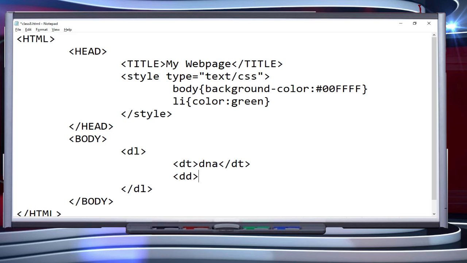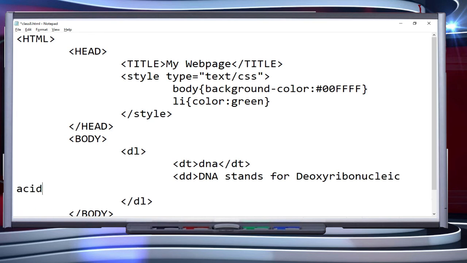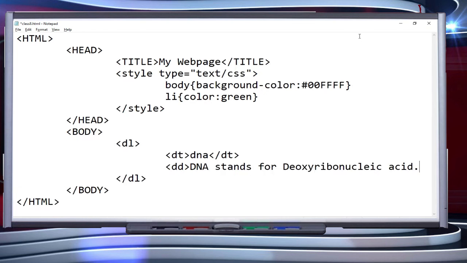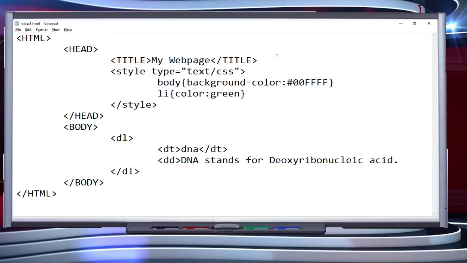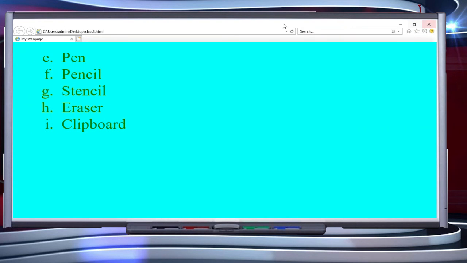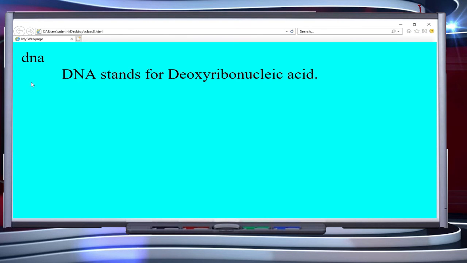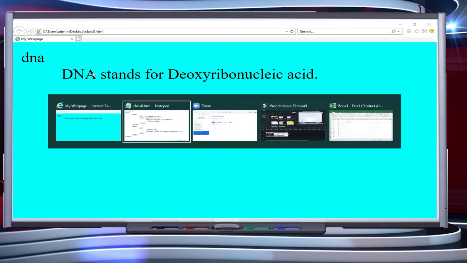And here I'm writing its definition that DNA stands for deoxyribonucleic acid, right? So here our definition ends. Let's save it, back to our browser, refresh your screen, and you can check here. This is definition term and this is definition description.